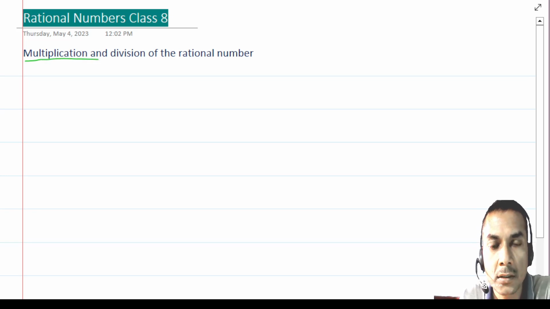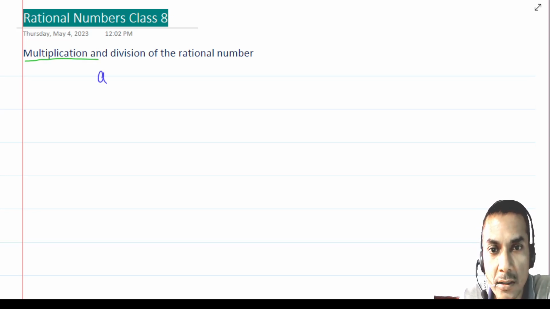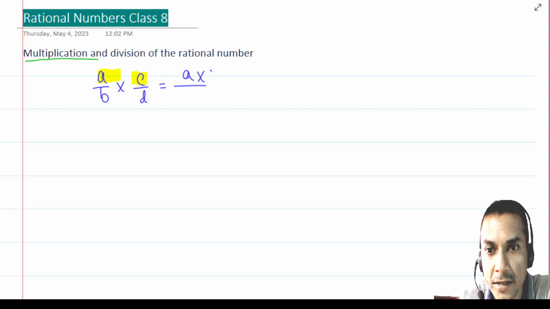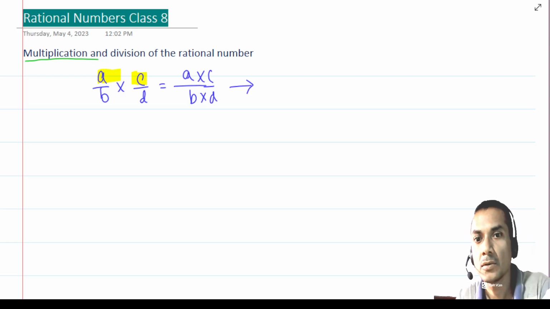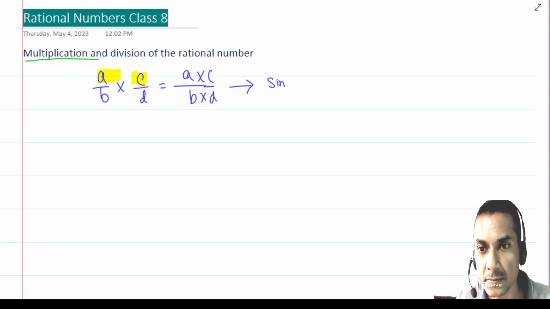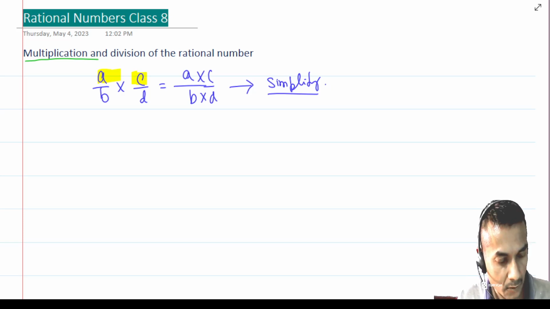Okay, so multiplication, you know that a by b into c by d, you have to multiply the numerators separately and the denominators separately: a into c and b into d. Now after that you have to simplify into the standard form. Clear? For example,